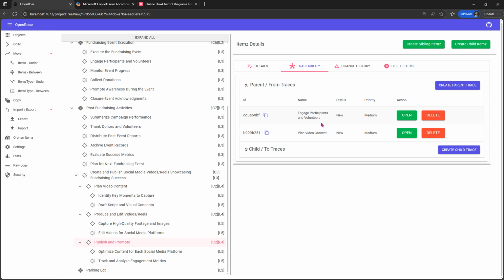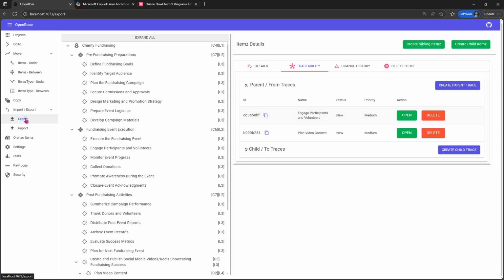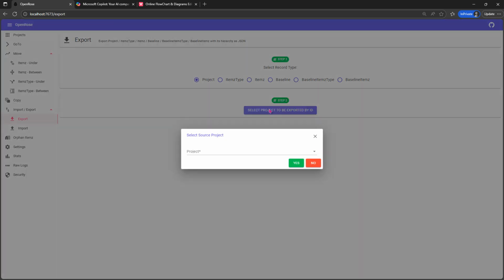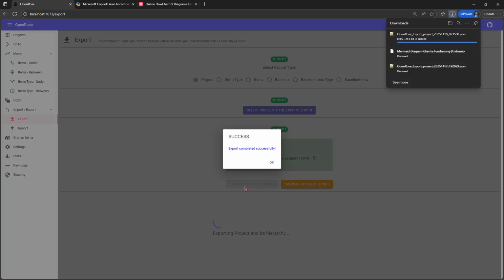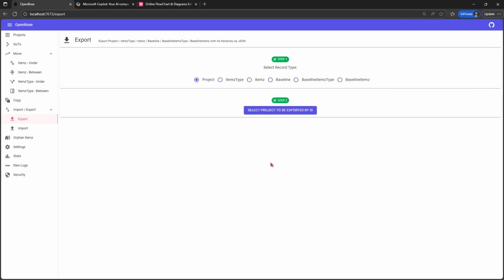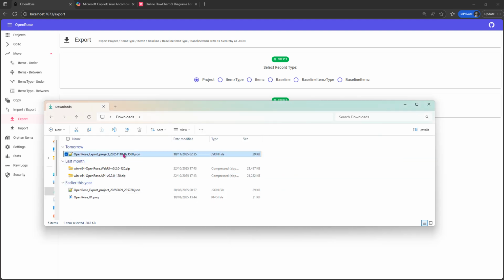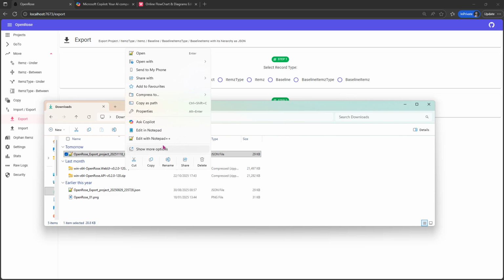So given that this is the project data, whereby we have the project structure and interlinked requirements, we now want to see this information in a graphical view. So what I'm going to simply do is go into export, select the project, which is charity fundraising. After successfully exporting the project, open it in Notepad. So here is the exported file which I just generated,